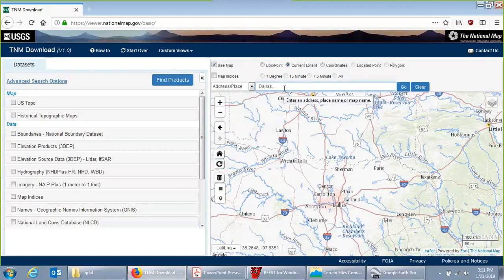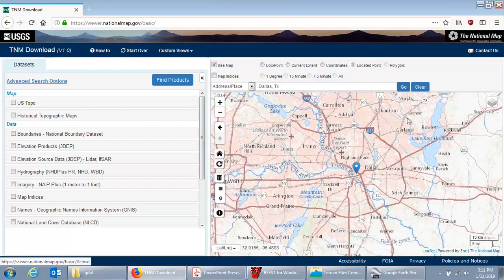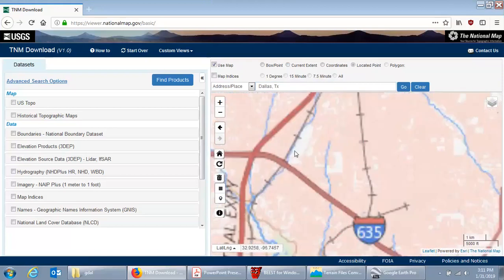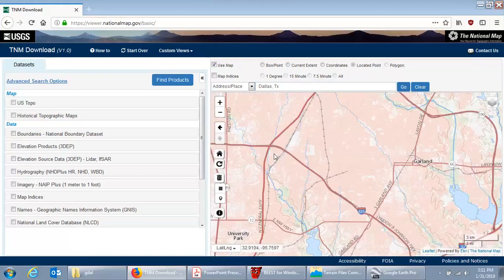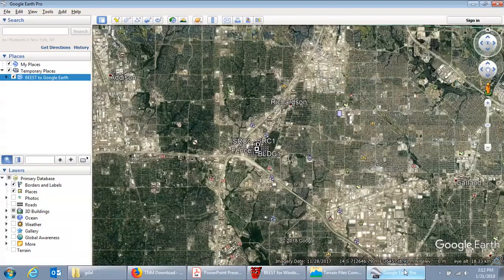But in our case, I'll just go and enter Dallas, Texas. Click go, and then zoom in on the area for which we need the data files. And I have that in the map now. And now to tell the website the area for which you actually need the files, which is our facility plus the receptors around it,